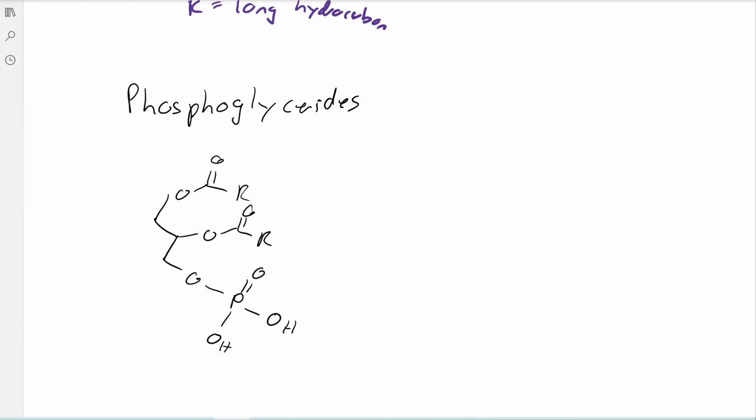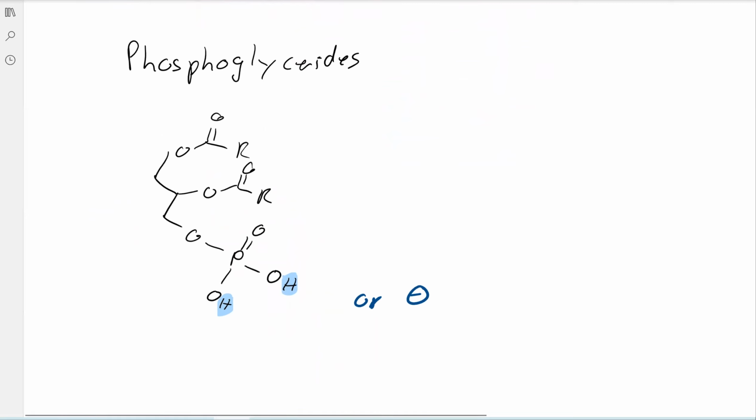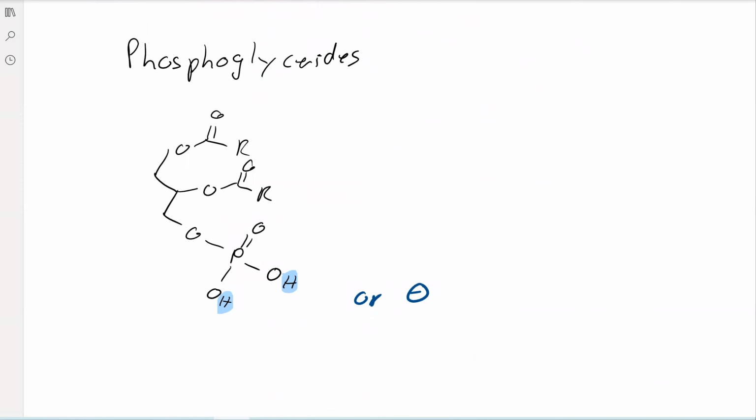And what's on these oxygens depends. Sometimes you'll see an H on them. Sometimes you'll just see a straight up negative charge on them. So that negative charge is more likely in a physiological pH range. Or they could be some other kinds of groups. So for example, they could be